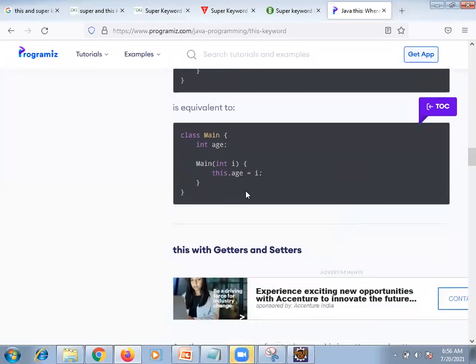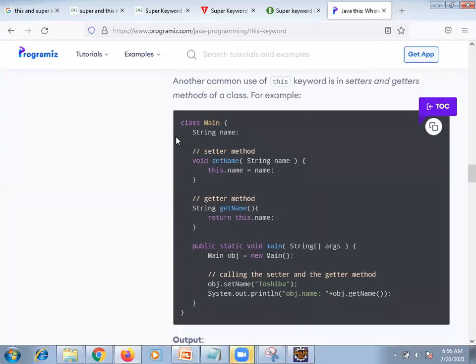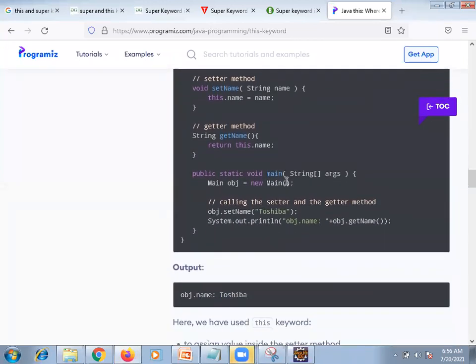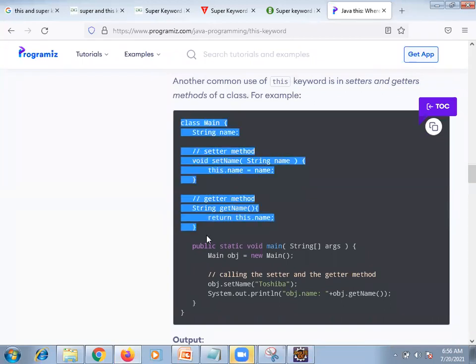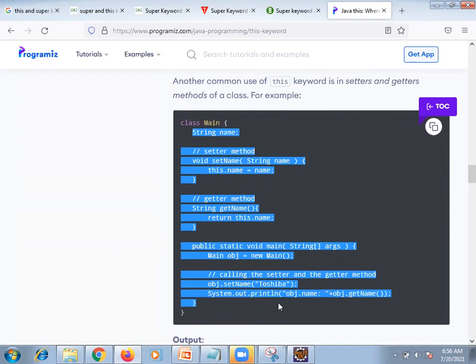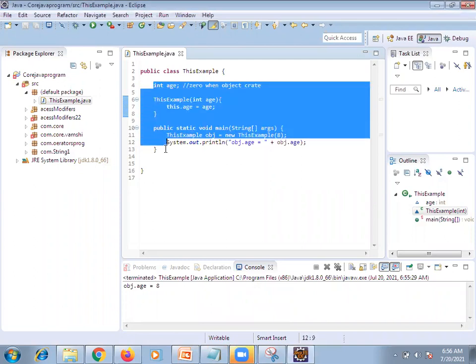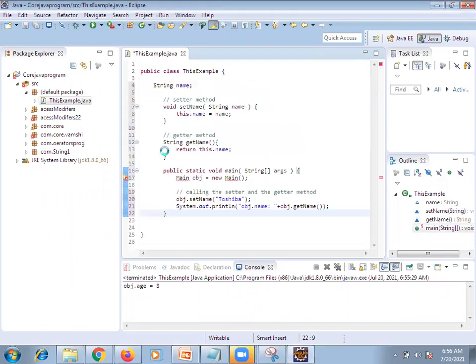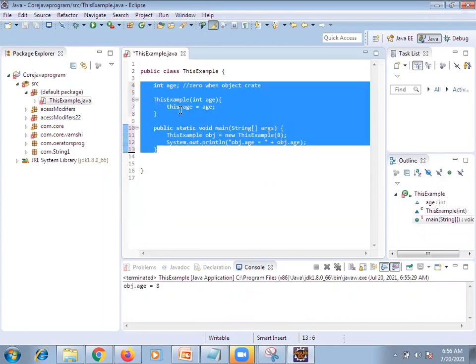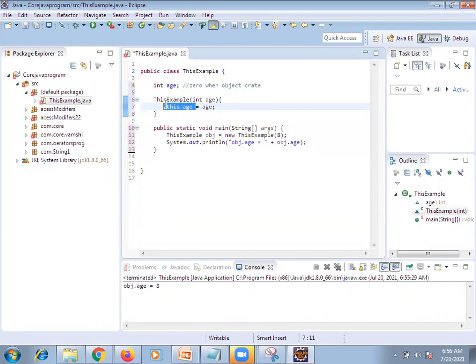Here also the same example. Got it? Same for integer. Now go here. It means, to avoid the confusion of the compiler or runtime JVM, that's why we are mentioning this keyword.